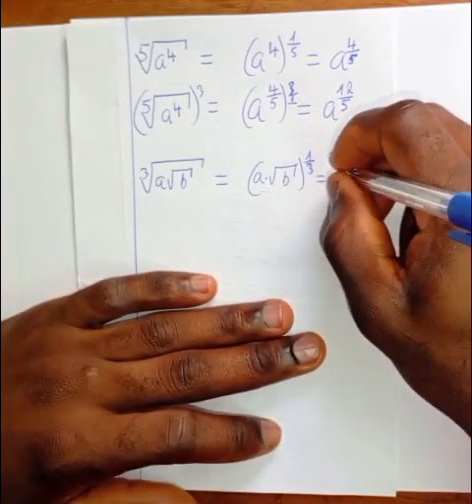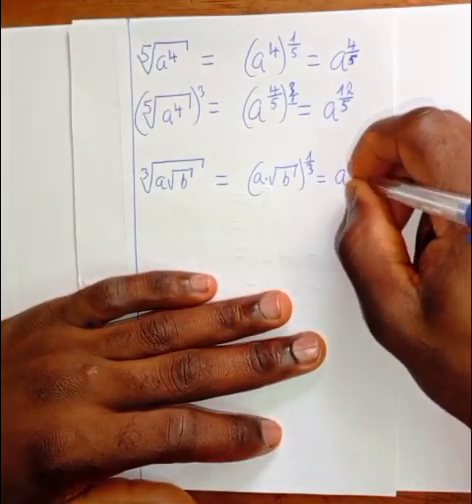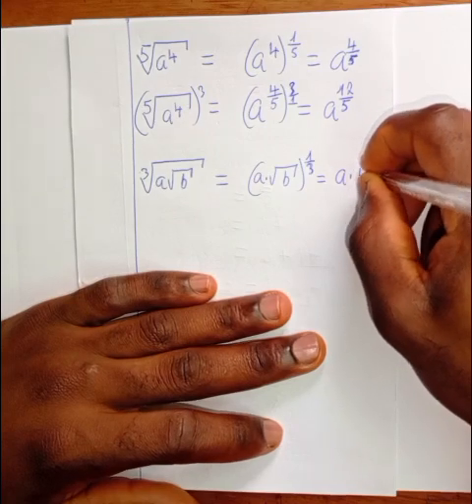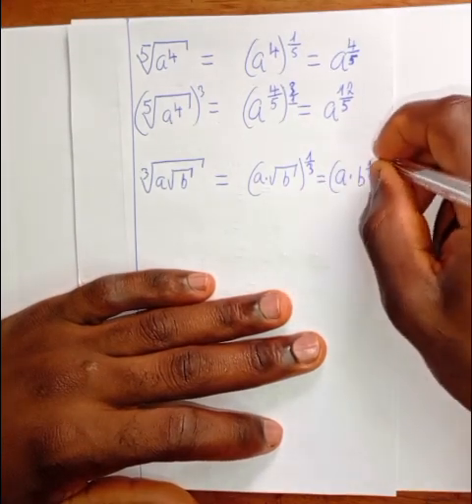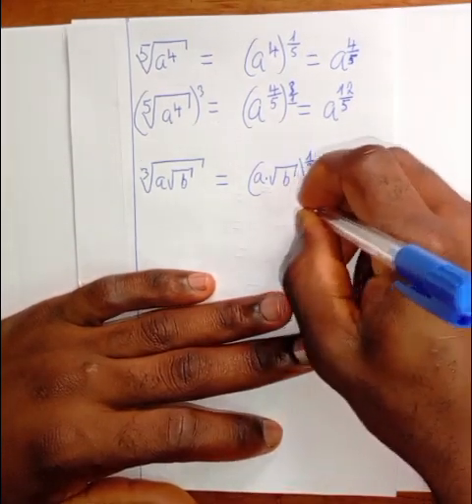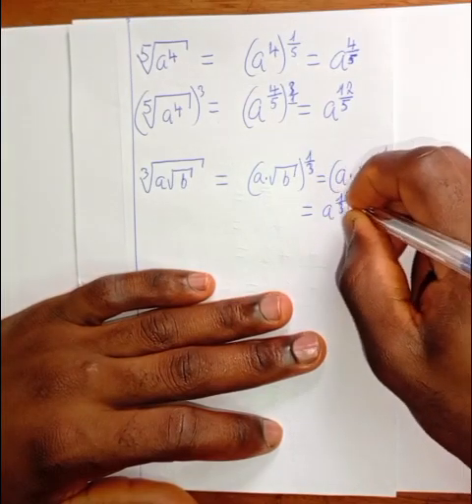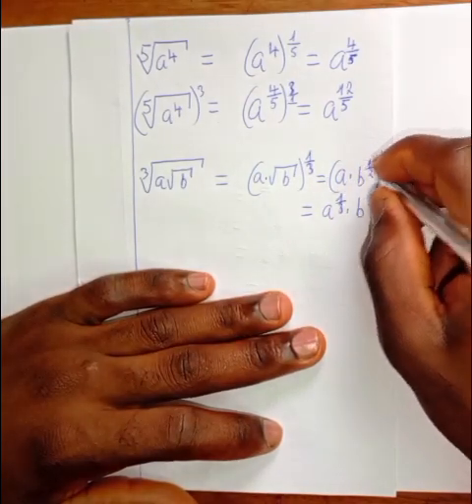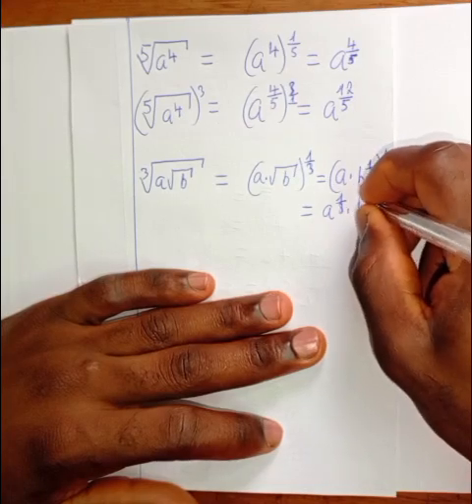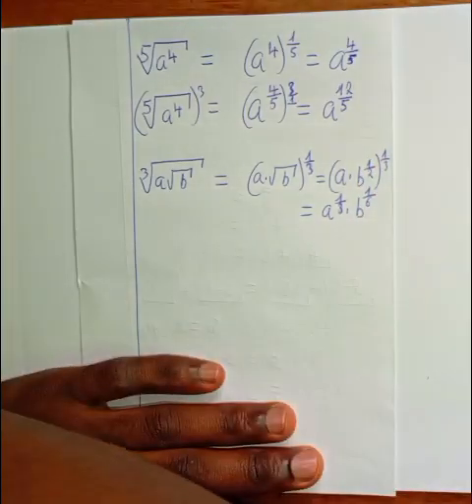And this will simply be equal to a times b raised to the power a half, all this raised to the power 1/3, which will simply be equal to a raised to the power 1/3 times b raised to the power, if you multiply, this will give us b raised to the power 1 over 6. Now if we take the